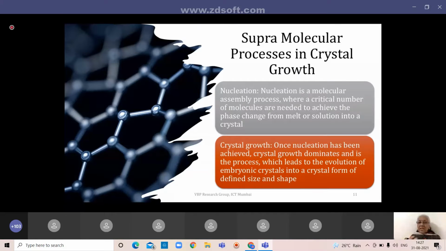And once nucleation has been achieved, crystal growth dominates. So in the crystal growth process, there is evolution of embryonic crystals into an exact crystal size and shape. So it has to stop somewhere. When it stops, it will have a defined size and a defined shape. And in fact, these properties are now known to affect many pharmaceutical properties. So then the question arises,